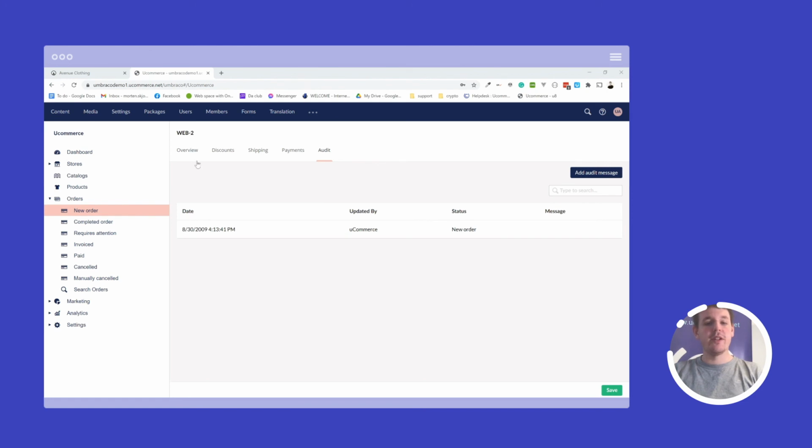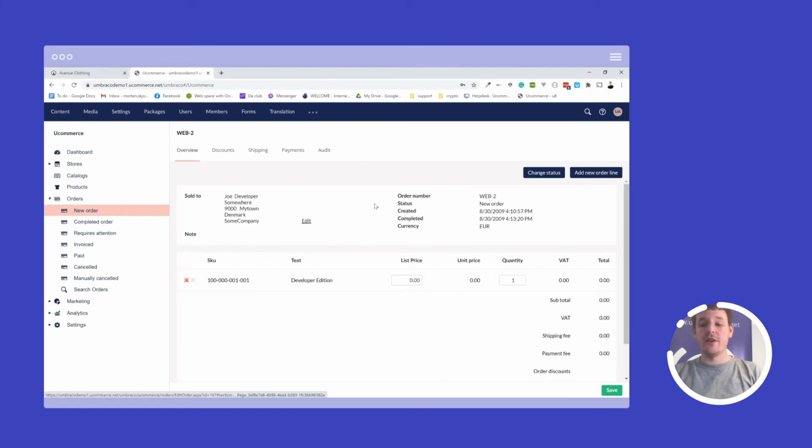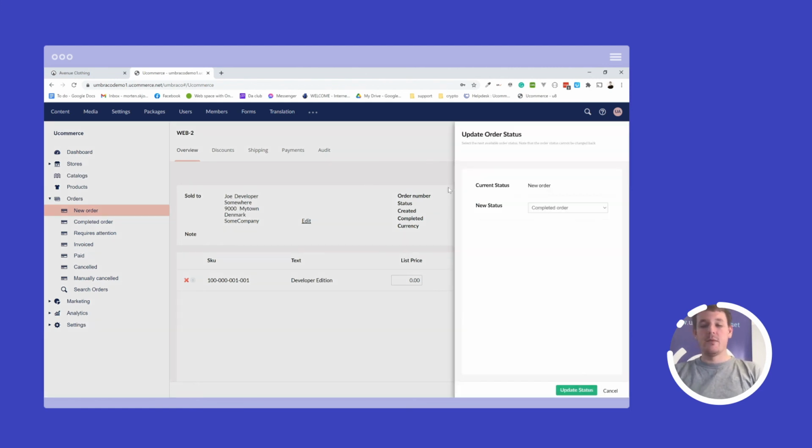Once you're happy with the order, you can then go in and change the status of the order by clicking on Change Status. And that will give you a dialog where you can then either go to the next natural step in the order management flow, for example, completed in case you don't need to do anything further, or a custom order status if you need to. Or you can also change it into order statuses that are always available. For example, at any given time I should be able to cancel an order.